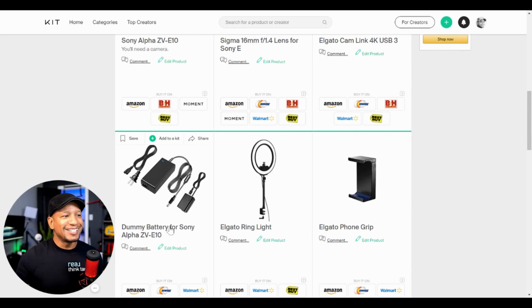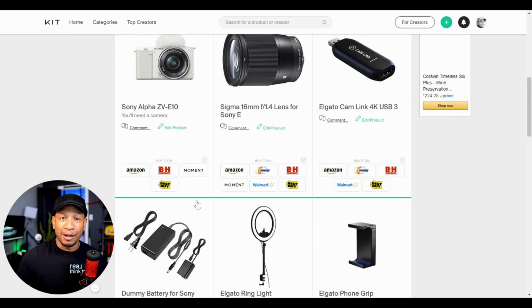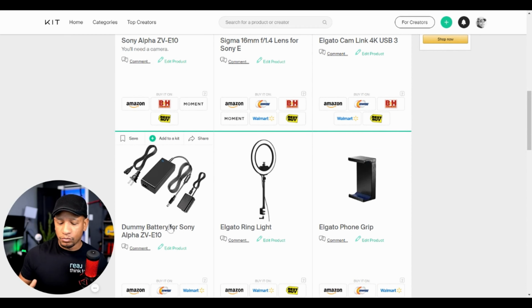Next, this is a dummy battery for this camera up above. So the thing is, when you buy the camera, you get a battery where you can take it mobile, because most cameras are designed to be taken outside, right? And snap pictures and all that. But if you're sitting at your desk, having a constant power source, just something you can plug in, is incredible. And so this basically fakes that mobile battery unless you plug it directly into an outlet, so you never lose